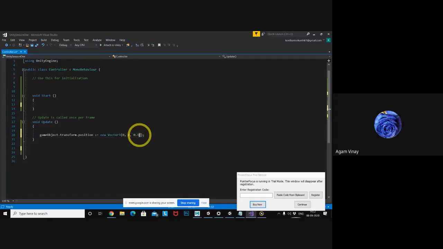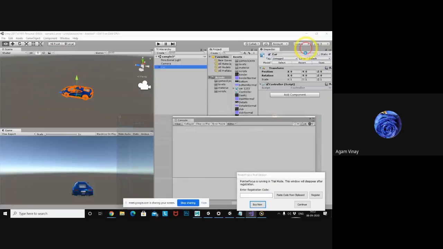Whenever you put f, it will convert it to float. Okay, save. So what I did for the position is every time I am adding 0.1 in the z direction, and in x and y I am adding 0 only. Okay, so just check how it is looking.